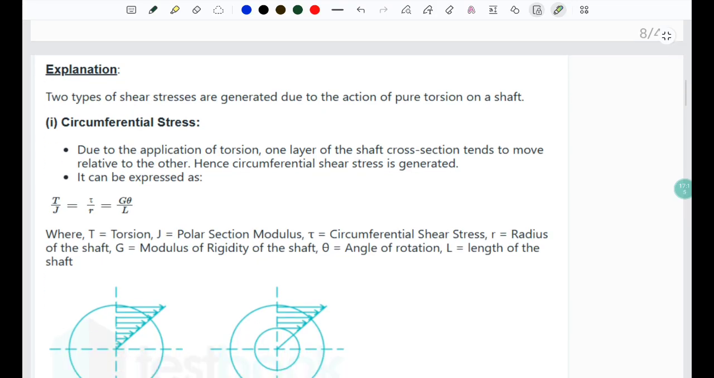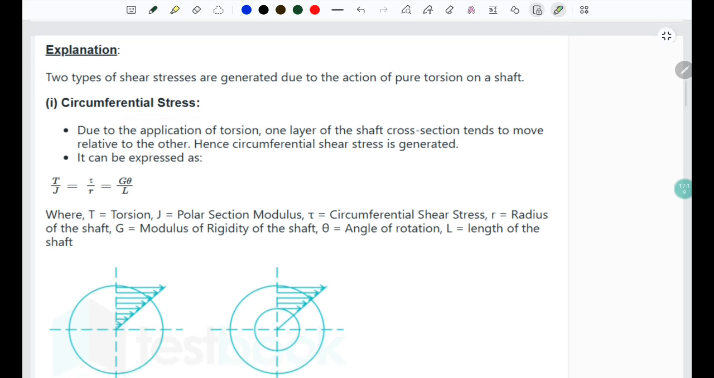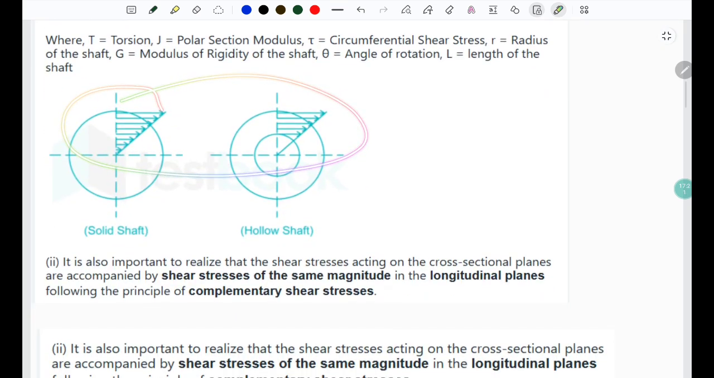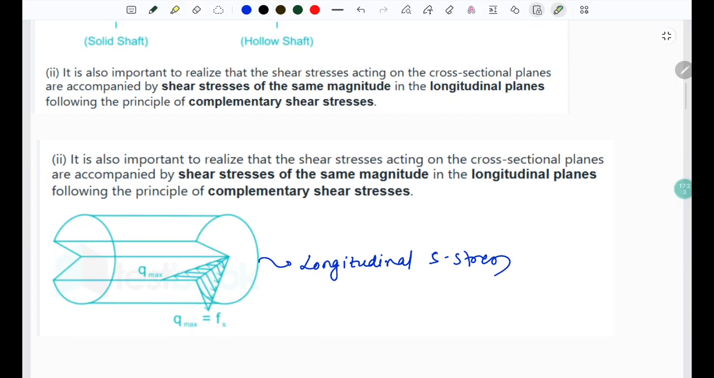So we have two types of stresses in the pure torsion. One is the circumferential stress, which is shown in here, which we generally discuss. There is another one which is called the complementary shear stress in the longitudinal plane. It varies like this. We have to cut the solid shaft, and we see that it varies along the longitudinal